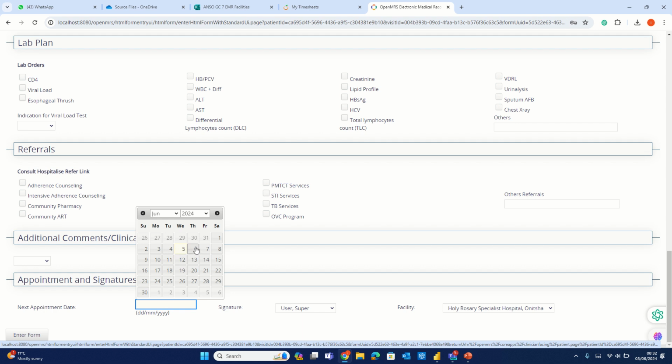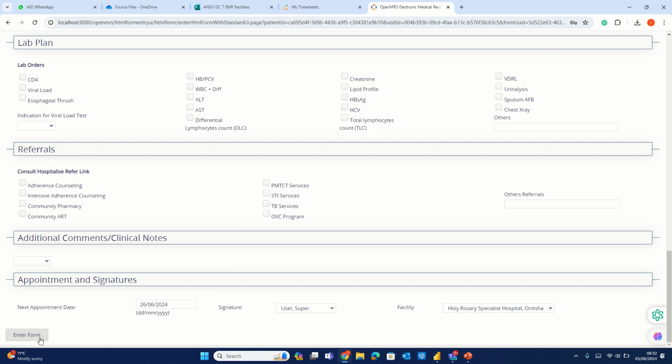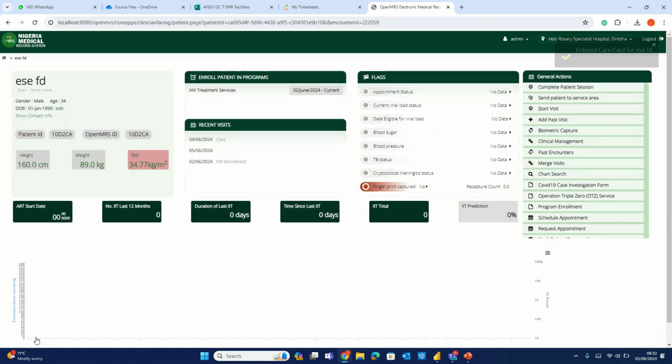And then hit the enter form. When you hit the enter form, if there were omissions or wrongly captured details, it'll refer you back to make those updates appropriately. But where it was perfect, it saves the form. Okay, so once that is done,